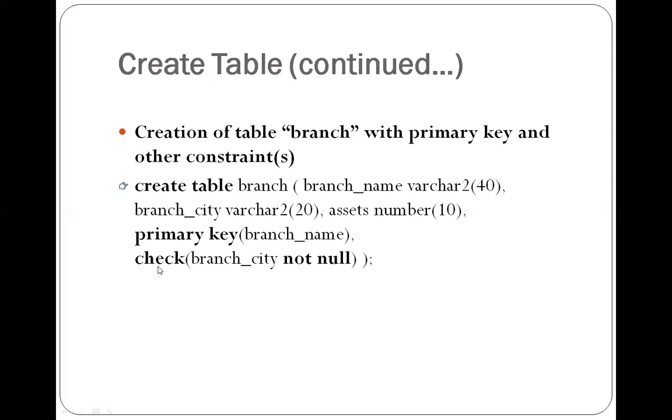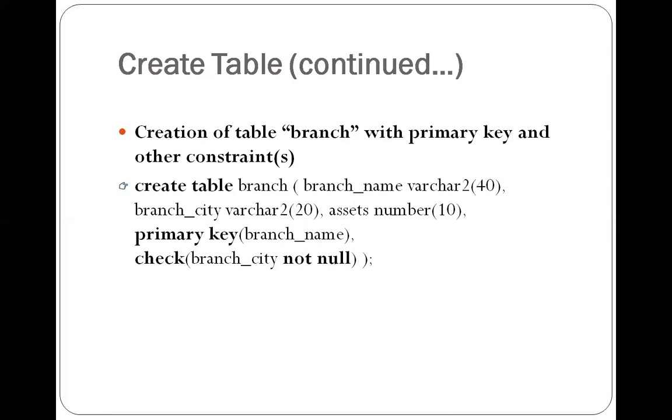Along with that, we have to check, this is a keyword, check within bracket, that is branch city space not null, these are also keyword. Okay, and finally close the bracket and put the semicolon. So hopefully it is clear how can we create tables in all the way.